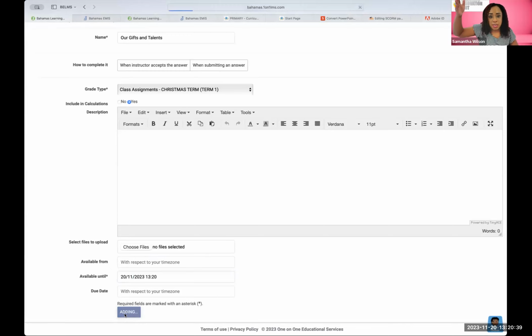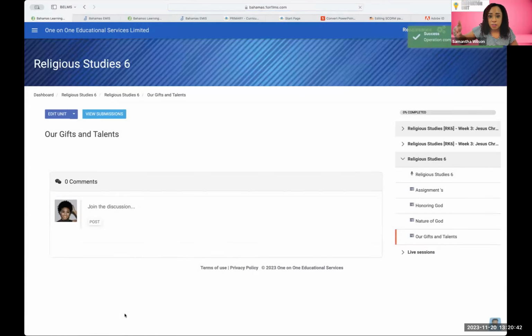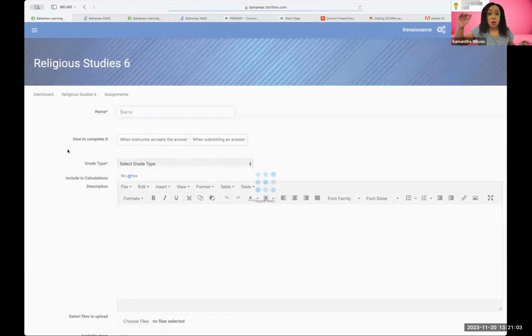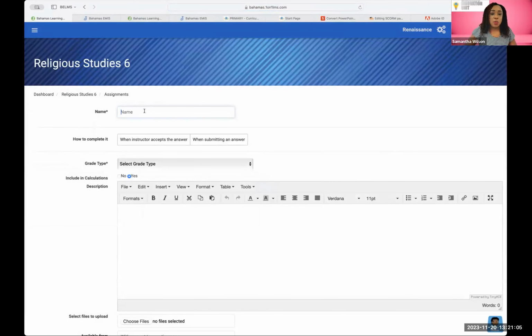And what that does is it makes the entry in the gradebook available so that they can go and enter grades. And just as another quick tip, rather than having to go back to the class stream to open up another entry, teachers could come right here from this same page and add another assignment. And to do that, I will go to the down arrow next to edit unit, and I could press add assignment. So here they could create all of their entries one time so that when they go into the gradebook, they just need to enter numbers. So I'm going to put in